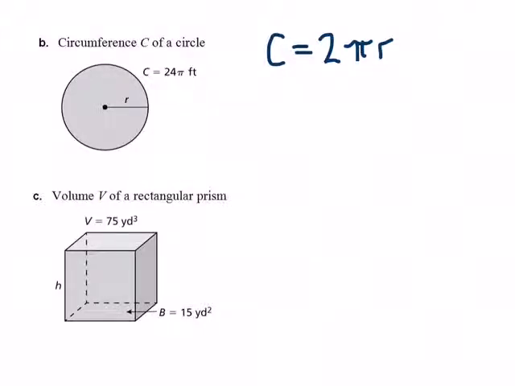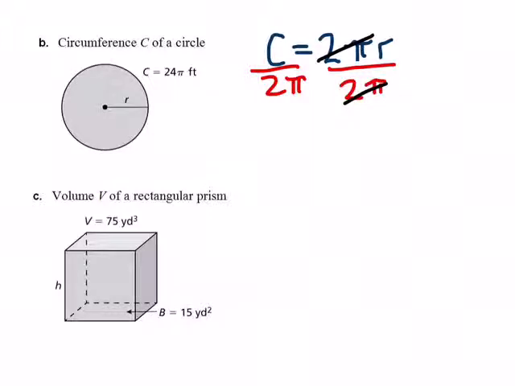All right, so hopefully you tried that out, and let's see. We want to solve this for r, so this is 2 pi times r, so we want to get that 2 pi out of there. Remember, pi is just a number, 3.14, so 2 pi is really about 6.28. So we're going to divide by that 2 pi, and that's going to cancel out on both sides, so that 2 pi is gone and that 2 pi is gone, and we have our new formula that says